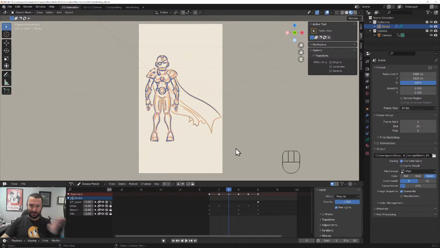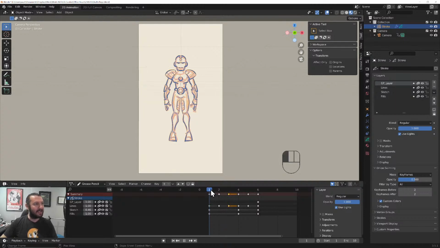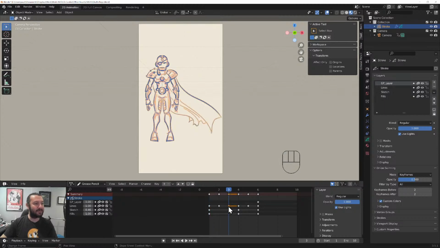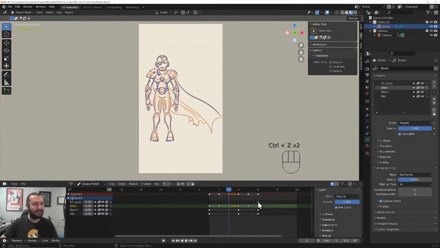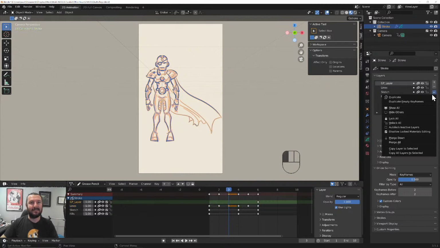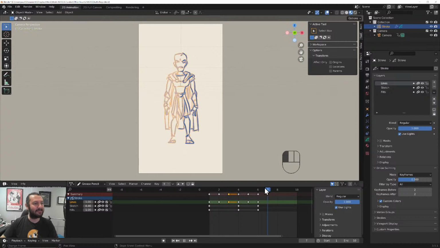Now, if you don't want to destroy what you've done, all you got to do is copy those keyframes. So let's say likes the base. No, actually, we want this one. So I'm going to Shift D and move this over here. What's going on here? Ah, that's right. We didn't merge down that GP layer. Right. Let's merge that down. Okay. Now, when we get to frame 10,